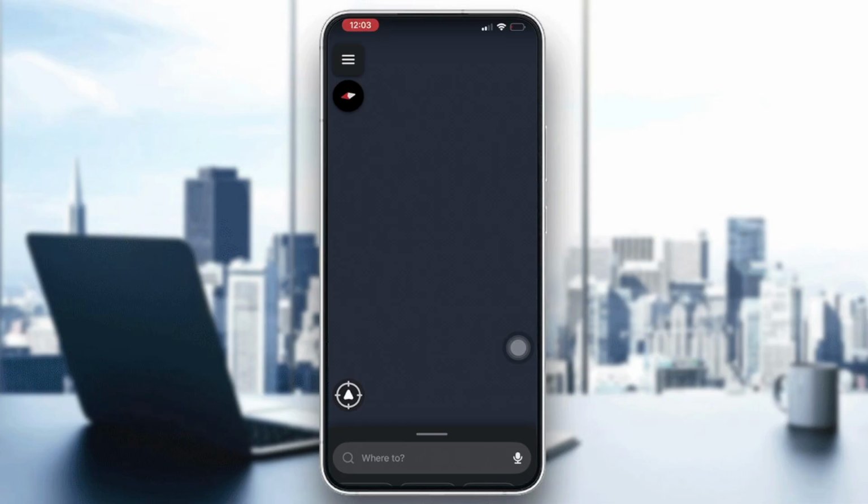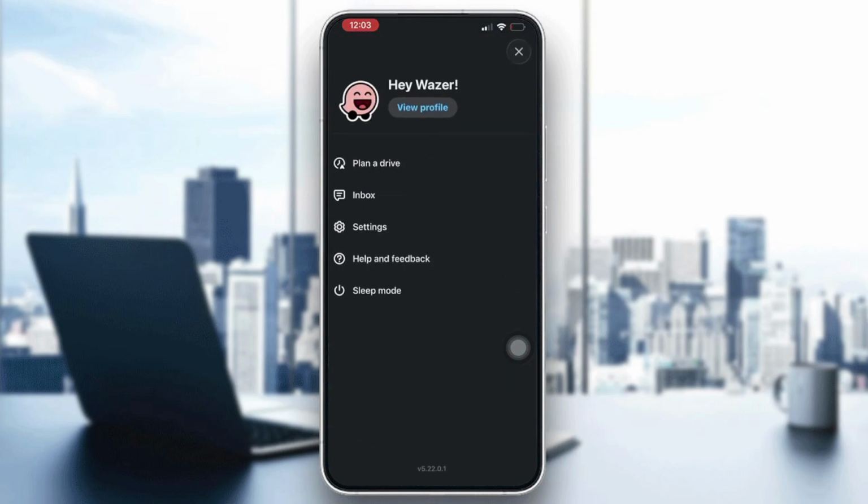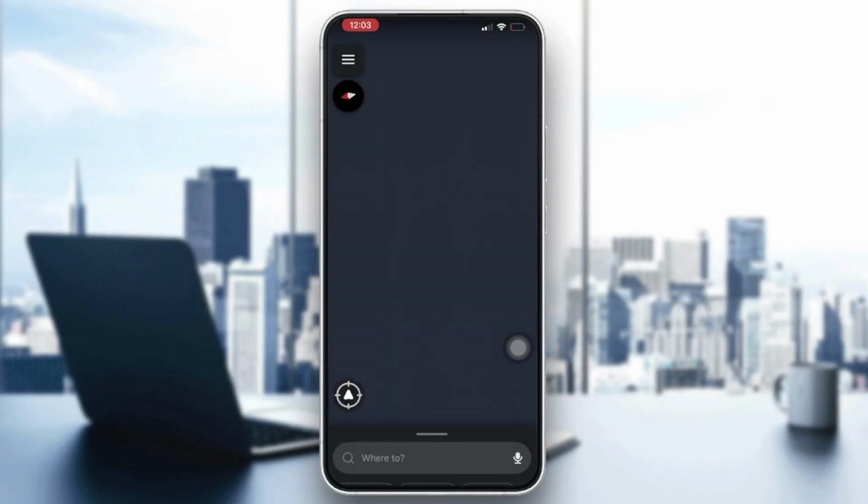So just install Waze from the App Store or Google Play Store and launch the app, and then start the sign up process. So tap the Waze menu or your profile icon, then choose the option to sign up or create account. So if you didn't already, you will need just to go with the three dots that's located, or